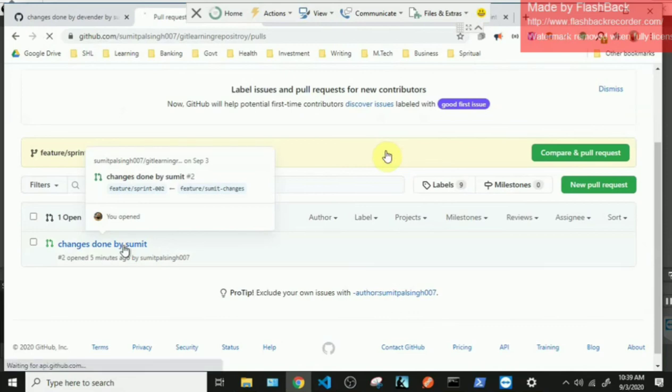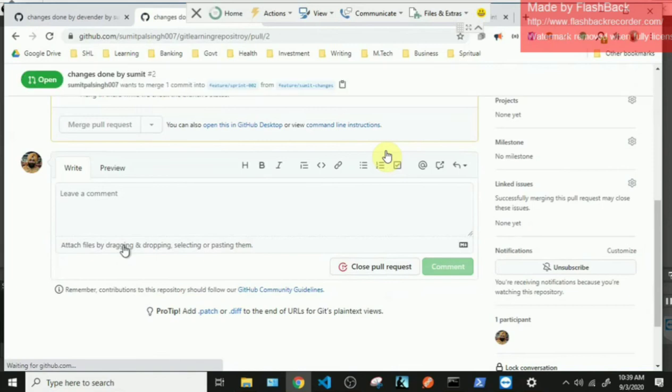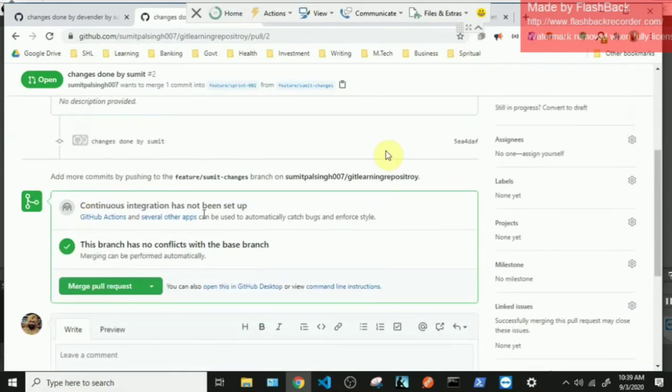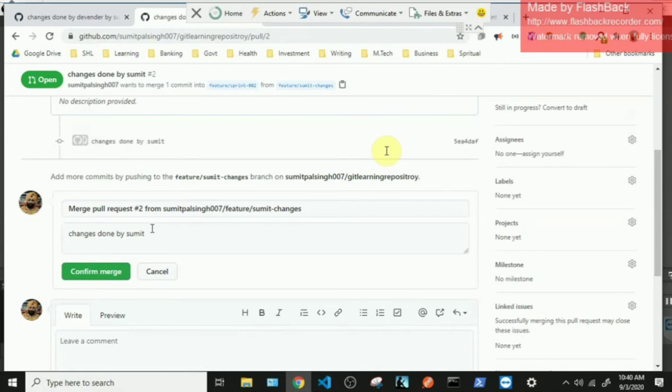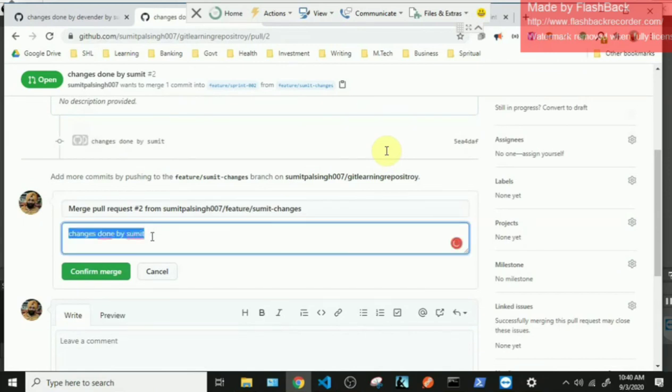So now it's giving me the merge button, and I'll write a message merging Sumit's work, and I will merge this as well. So now both my branches have been merged.